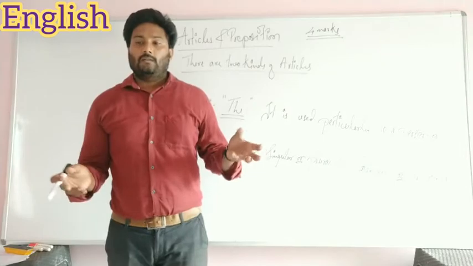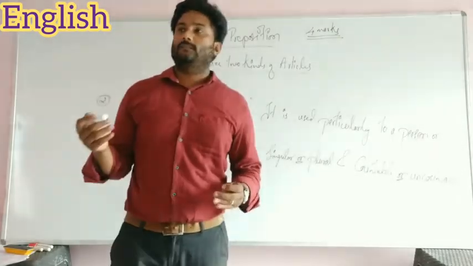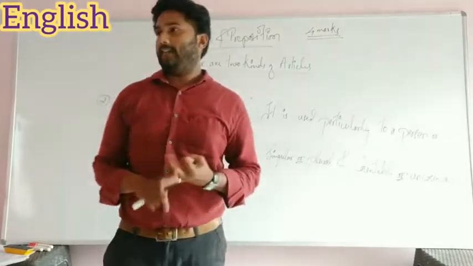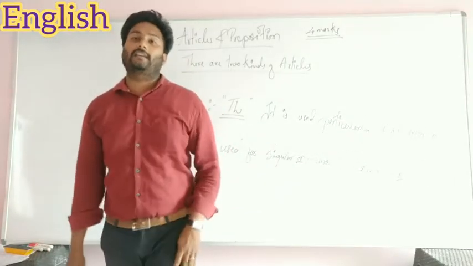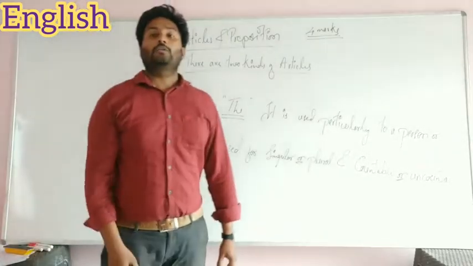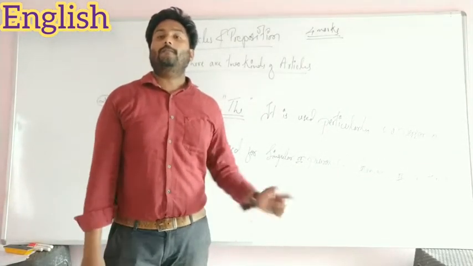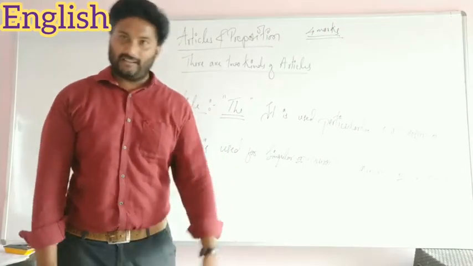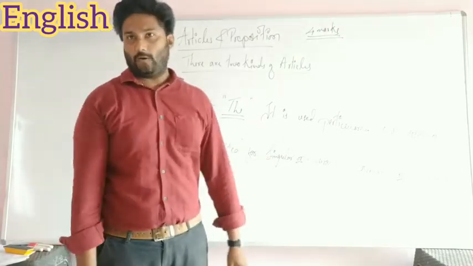So we came to know what an article is. A, an and the, these three are considered as the articles. These are used in front of a noun to show the relation of the noun in the context. ಆ ಒಂದು ನಾಮಪದ ಕಾಂಟೆಕ್ಸ್ಟ್ ಅಲ್ಲಿ ಏನು ಸಂಬಂಧ ಇದೆ ಅಂತ ಸೂಚಿಸಲಿಕ್ಕೆ ಆರ್ಟಿಕಲ್ಸ್ ಅನ್ನು ನಾವು ಬಳಸ್ತೀವಿ.